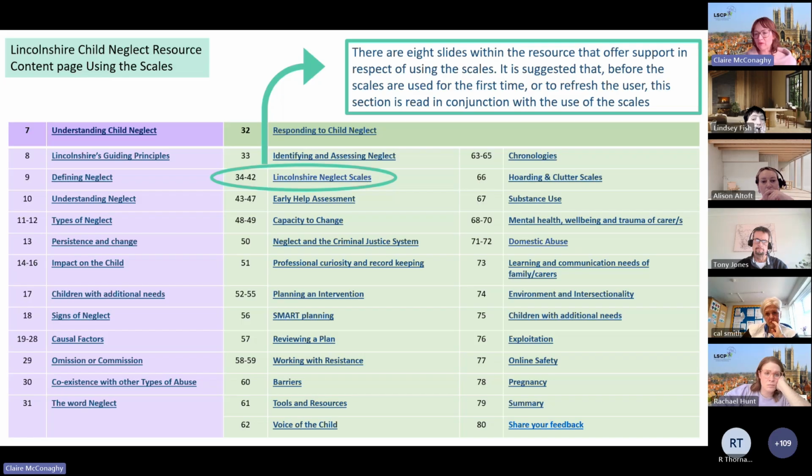And I'll just give people a quick reminder of this contents page. It is interactive, so all of these are hyperlinks and they will go directly to the place that you need to be. And then when you get to the place, on each slide there is a little button that has got a home on it, and it can take you back to this slide. So really you can dip in and out of it, and you should be able to go back to the beginning again if you've lost track of where you are in the resource.